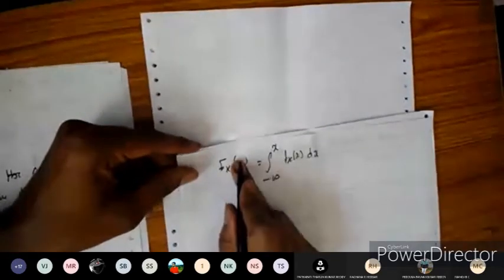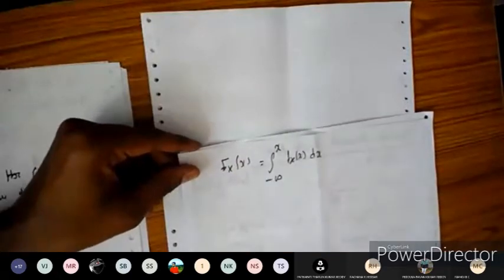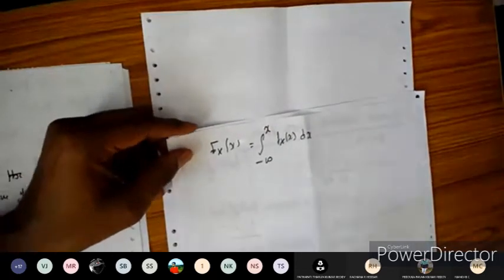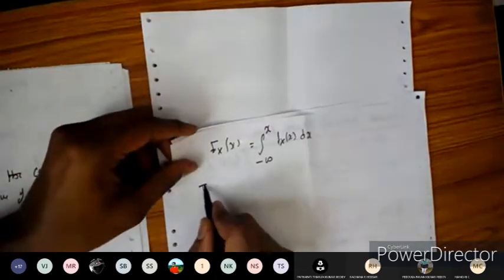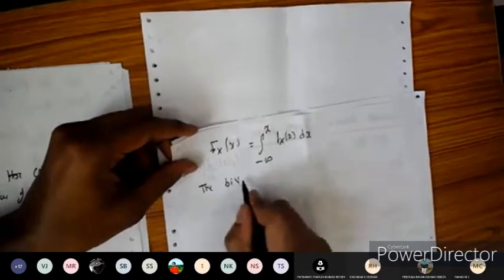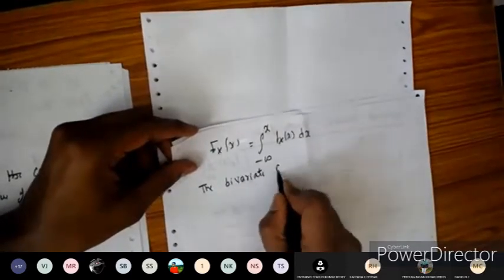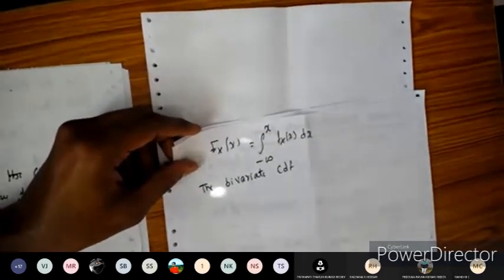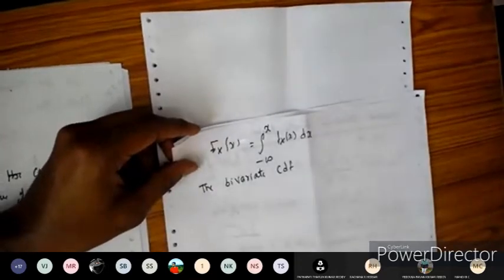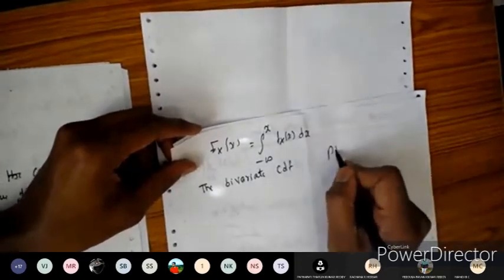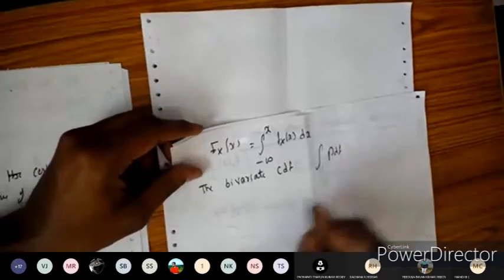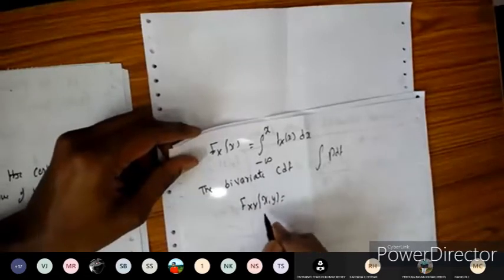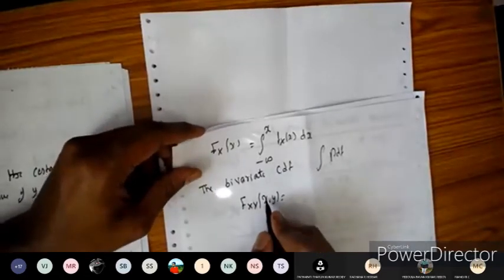So this concept can be extended for the bivariate random variable also. The bivariate CDF can be obtained by integrating the PDF, given by